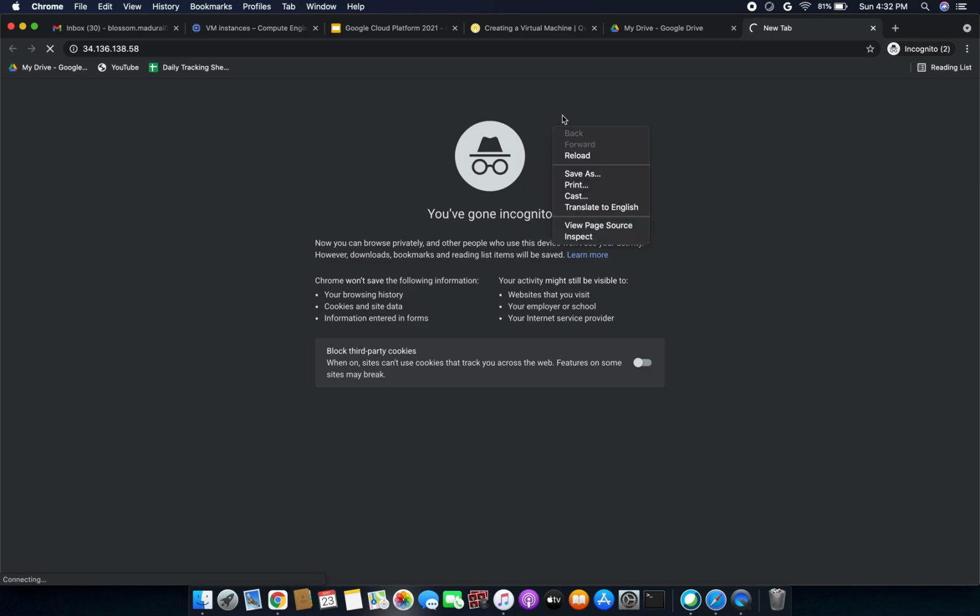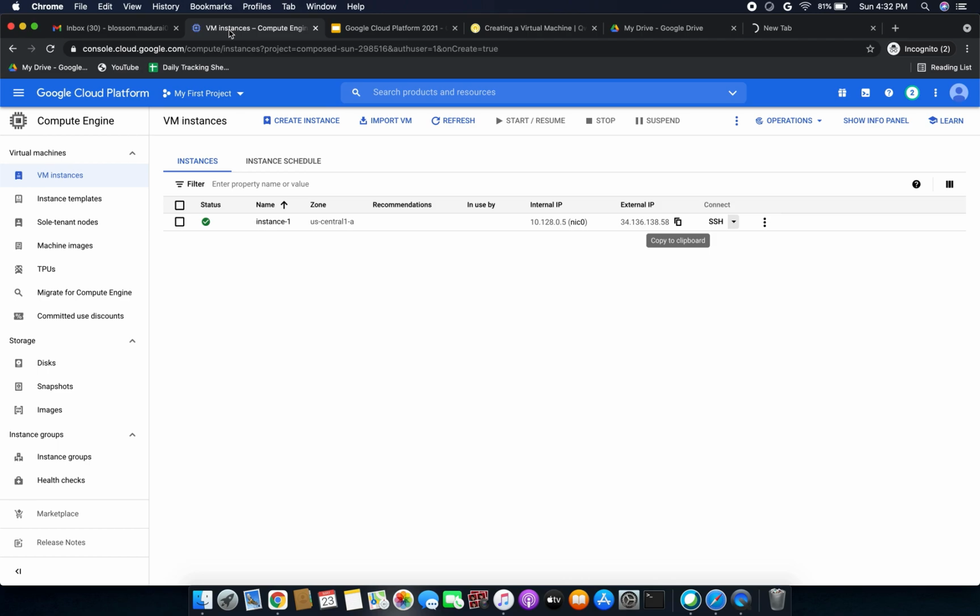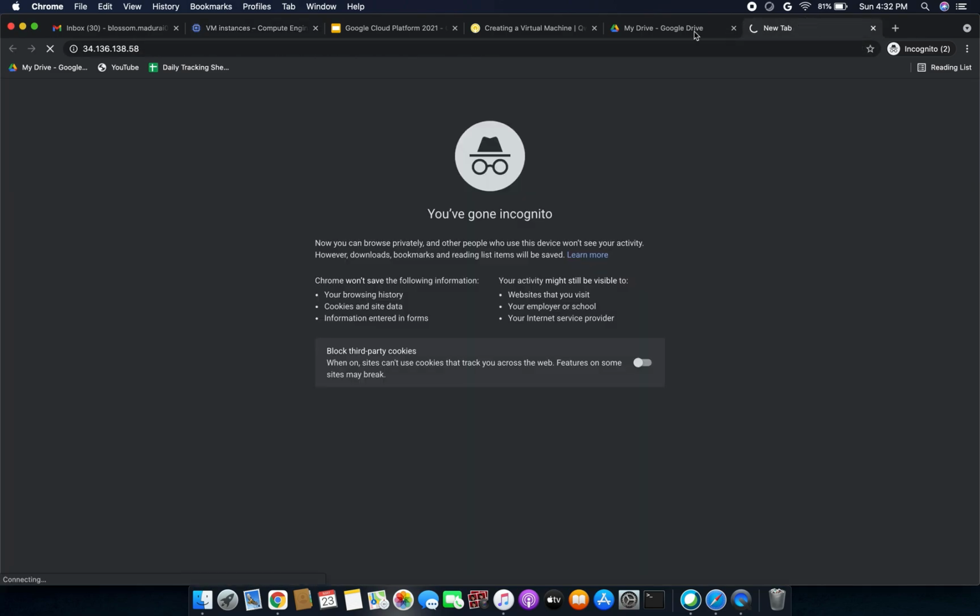Now the welcome to nginx page will come. We have to copy the external IP from the clipboard. Then I have opened a new window and entered that external IP. It is loading now. It will come. Let's wait for it.